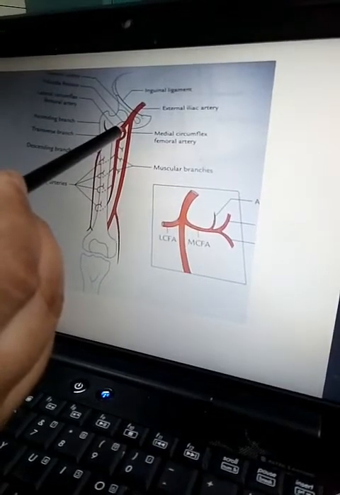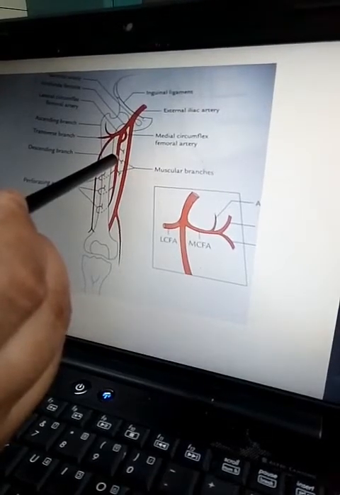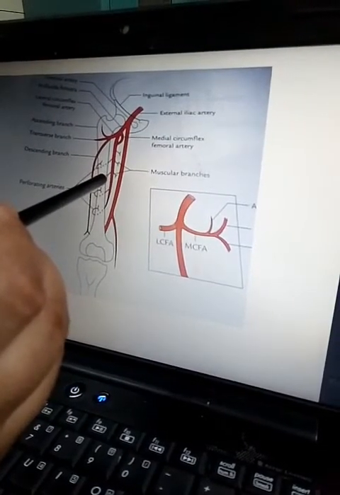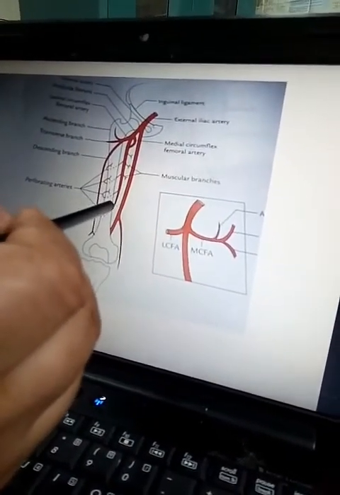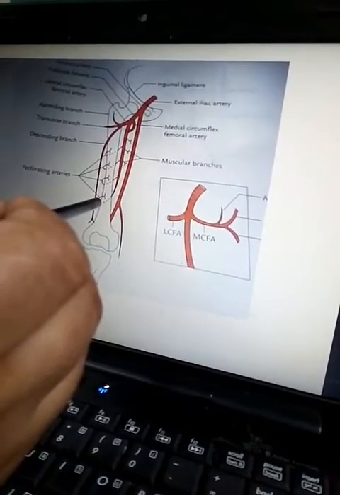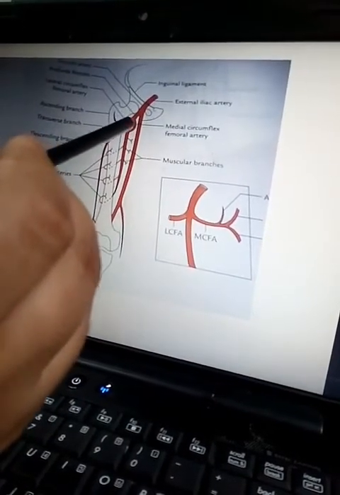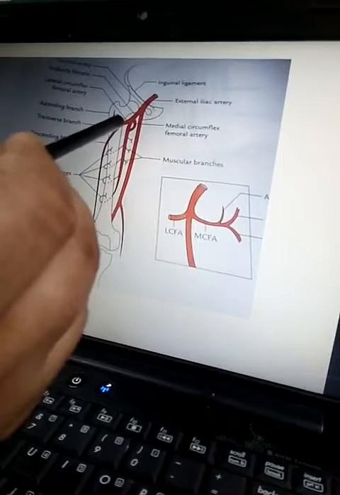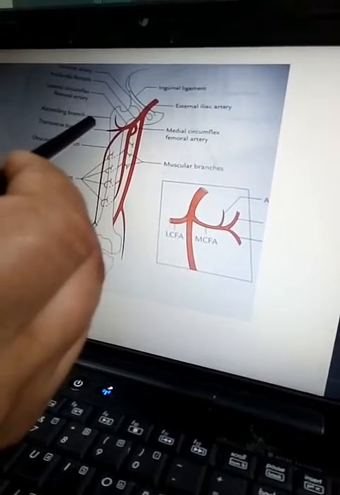It descends close to the femur between adductor longus and adductor brevis, then between the adductor longus and adductor magnus. It gives off the first 3 perforating arteries and ends as the 4th perforating artery to reach the back of the leg. The branches of the profunda femoris artery are muscular branches, medial circumflex femoral artery, lateral circumflex femoral artery, and 4 perforating arteries. The muscular branches supply the muscles.